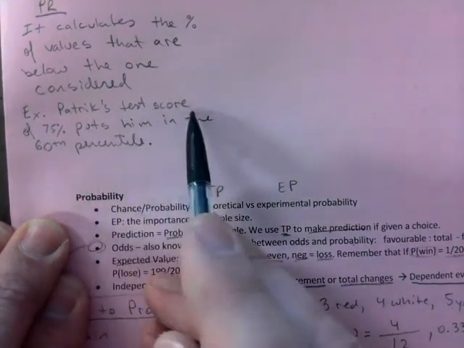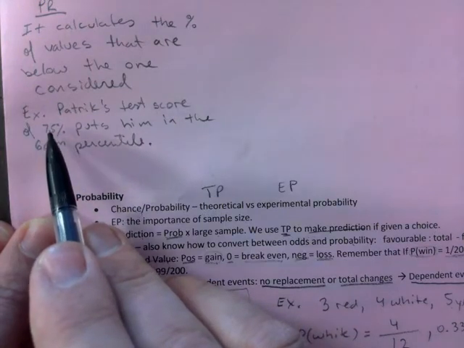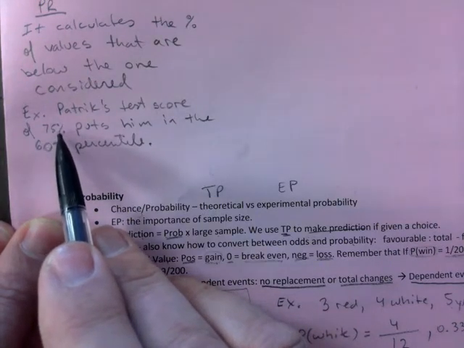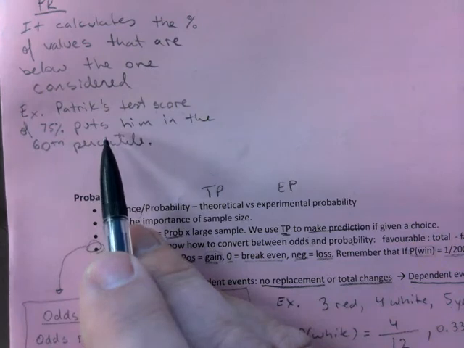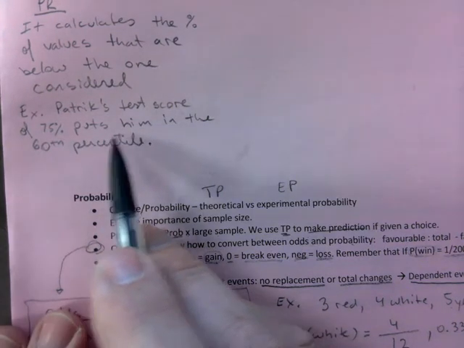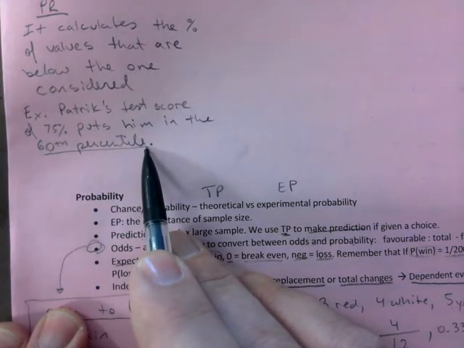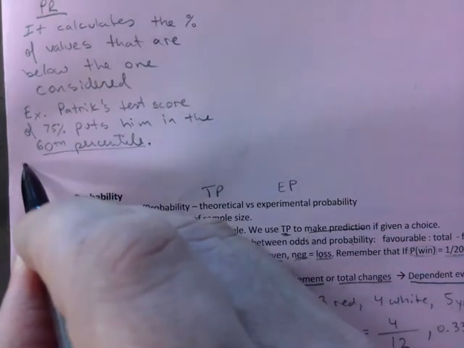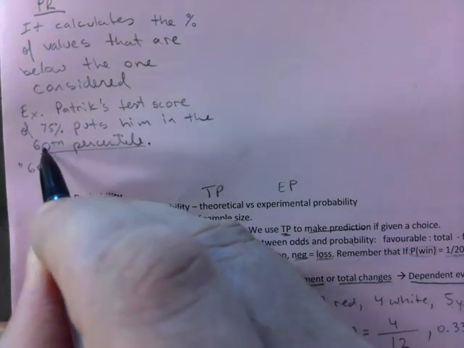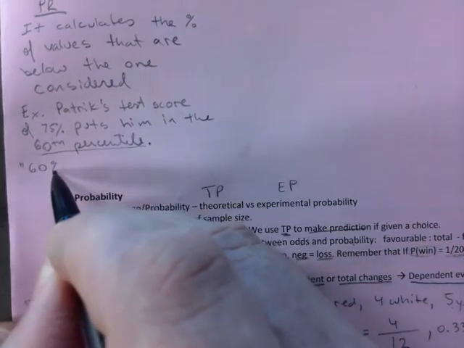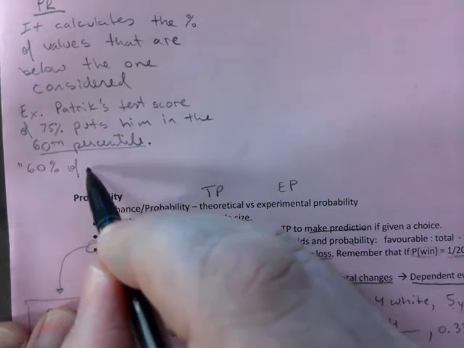So Patrick's test score of 75%, so he scored 75% on the test. And percentile rank is about ranking. Where do you compare to the rest? Puts him in the 60th percentile. What does that mean? It means that the 60th percentile, that's your answer, means that 60% of